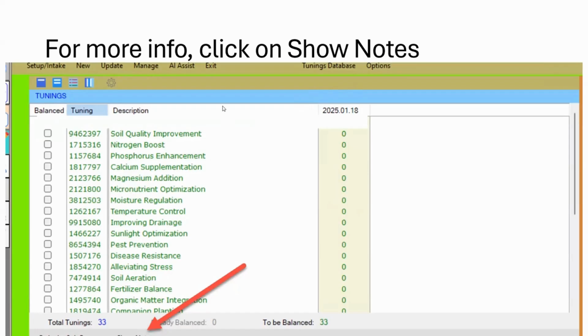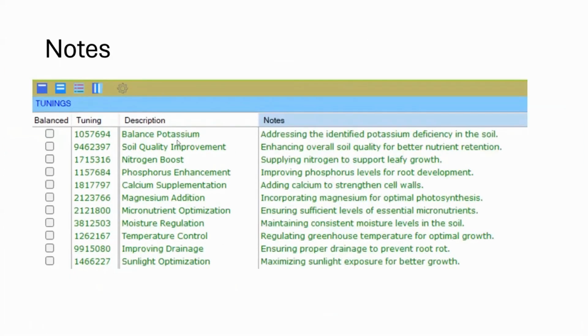Oh, okay. So for more info, click on show notes. So down here, what's really nice about this AI is that we've added in the ability for it to tell you why it chose particular tunings, right? So you can click on show notes and it will add in this information, which is very helpful. This is super helpful when working with clients, especially on health issues,